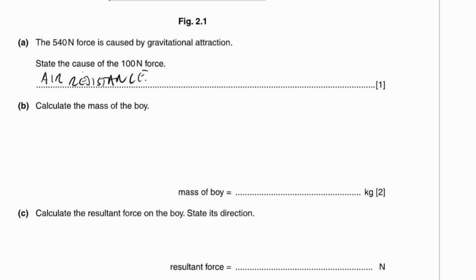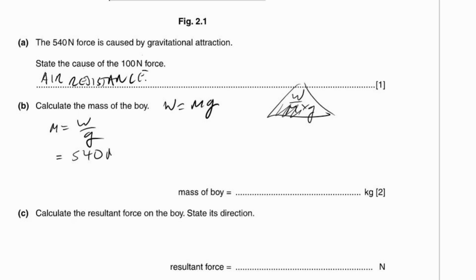Well, let's see. We know our equation for weight. Weight equals mass times gravity. We want to find the mass, so we just cover it over. And that leaves us with the equation we need. Mass equals weight divided by gravity, which of course gives us 540 newtons, divided by our value for gravity, which